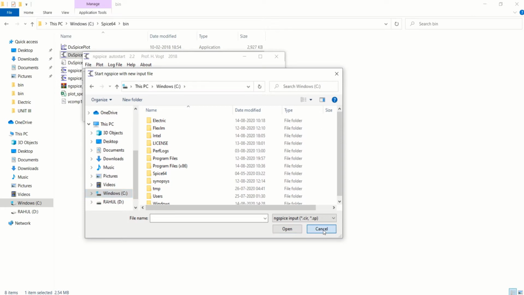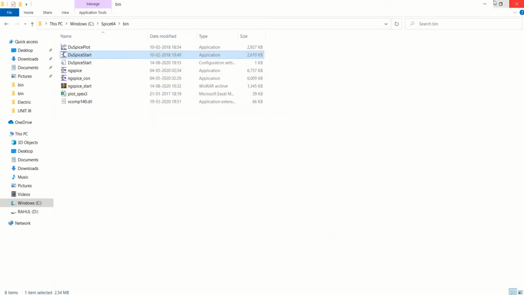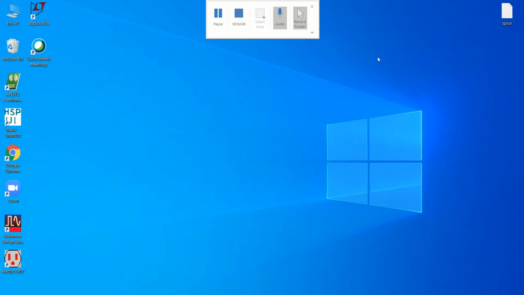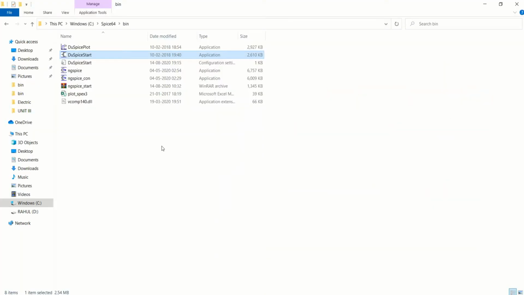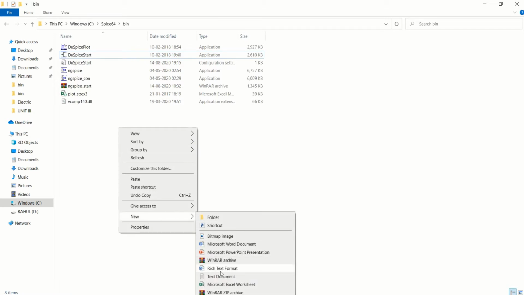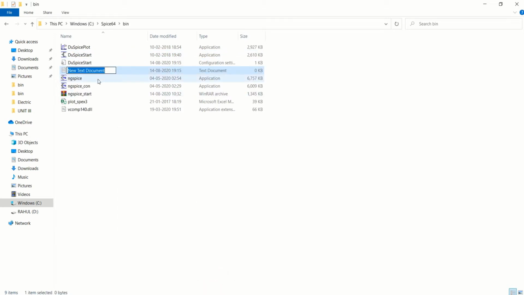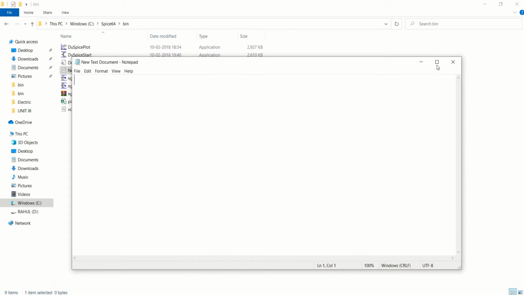By looking into the new file, you can directly go to the files and simulate it. For example, I'll show you how to run this particular program using SPICE. I have taken this as an example and I'll go into the bin folder. There I'll create a new text document, then I'll open it.